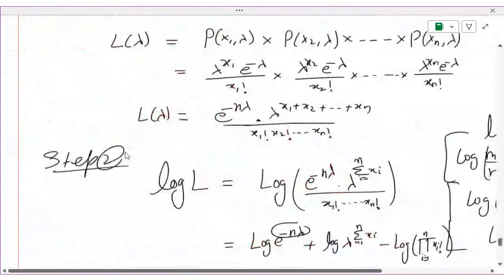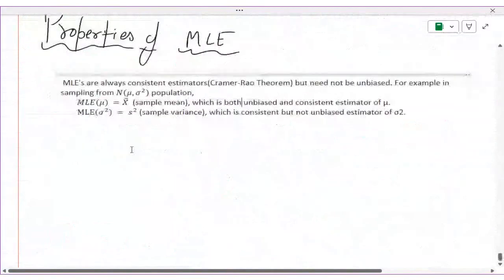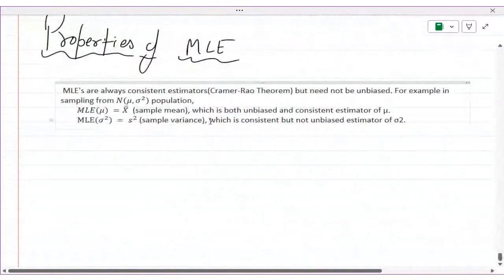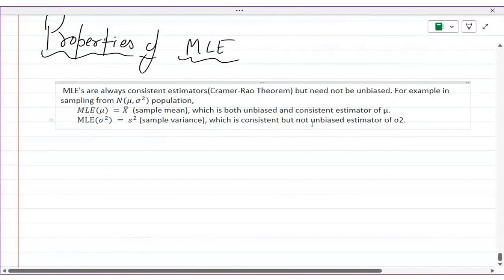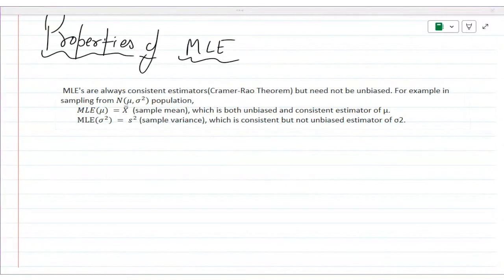so here they are saying that small s square is consistent and it is not unbiased, but it is the maximum likelihood estimator of sigma square. It means a maximum likelihood estimator need not be unbiased, it may be biased also, but it is always consistent. It is always consistent. Now the second property is, there may be an MCQ question in the exam from these properties. The second property is,